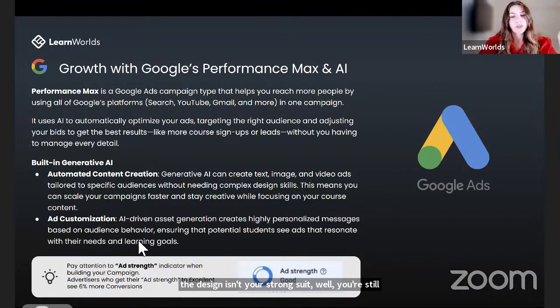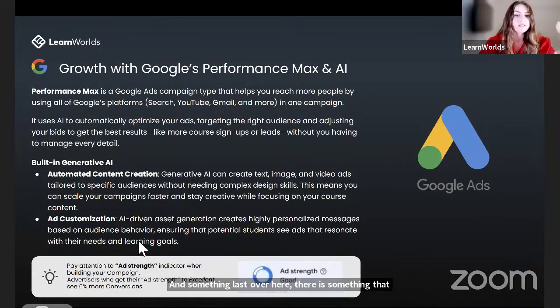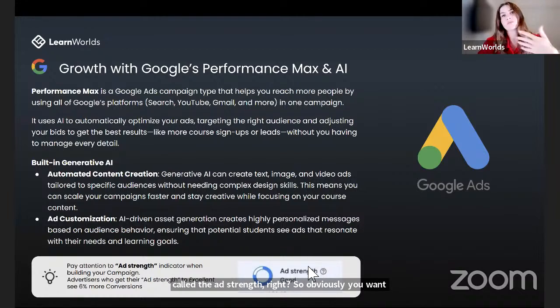Something last here is called ad strength. Obviously you want this as high as possible, because the higher it is, the higher the conversion rate. Of course, if you do this manually without AI to assist you, you can do a pretty good job, but it has been shown that ad strength improves much better when doing it with AI, and this results in a 60% increase in conversions.